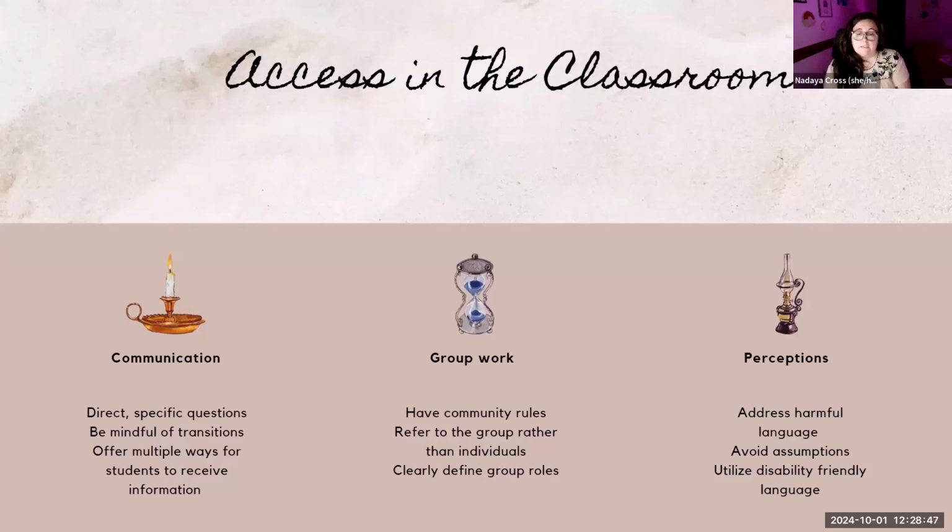And then clearly define group roles. So have a student identify, you are going to be the leader and you're going to be the organizer or what have you, or have them volunteer for these roles so that it's not an arbitrary decision on how to make these things. Now, I know we're all thinking like, these people are adults. They should be able to do this themselves. I know.